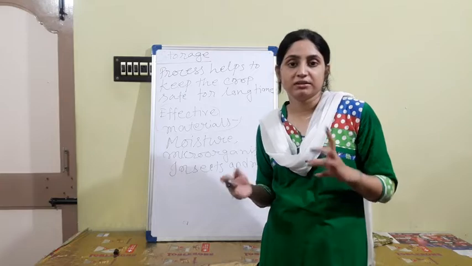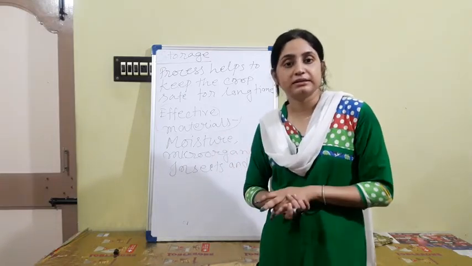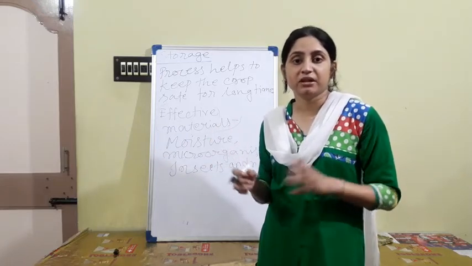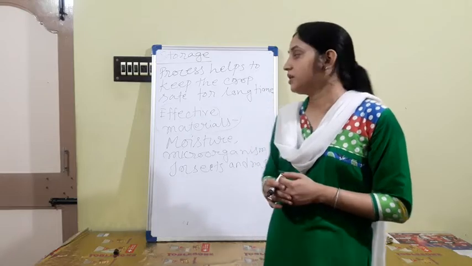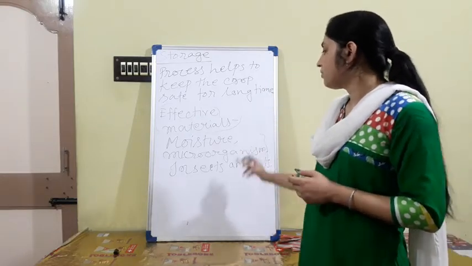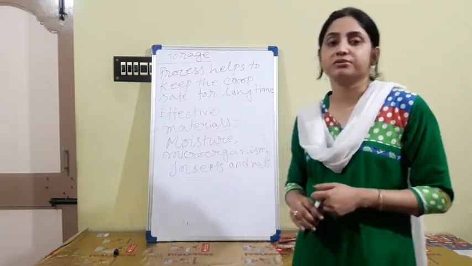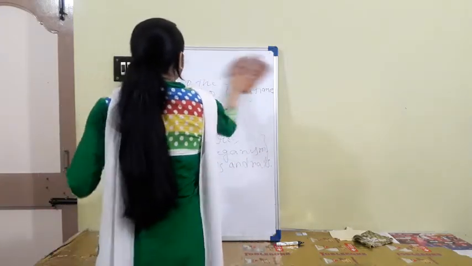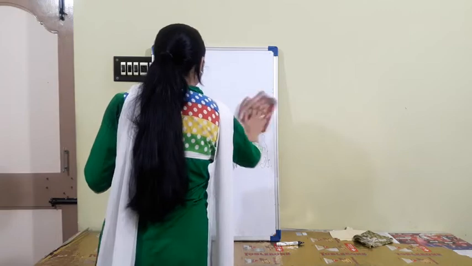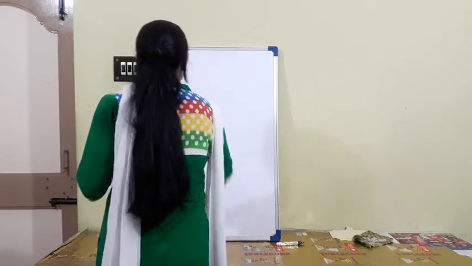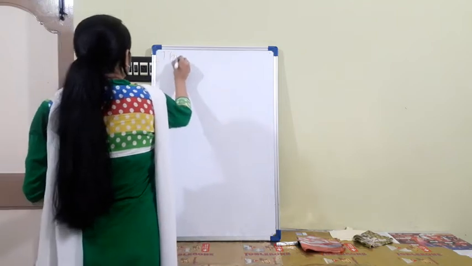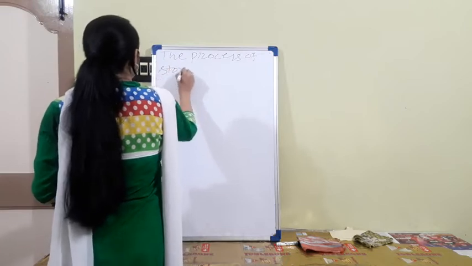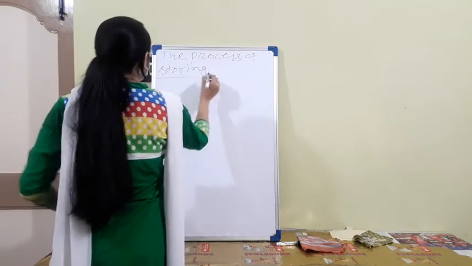That is moisture. Obviously, if moisture is present, fungus, bacteria obviously comes. Next one, rats, any type of rodents, this type of animals destroy the crops, microorganisms. So if you prevent the crop from this type of effective particles, you can store them for the long time. So how could you store? The process of storing. First one, obviously,